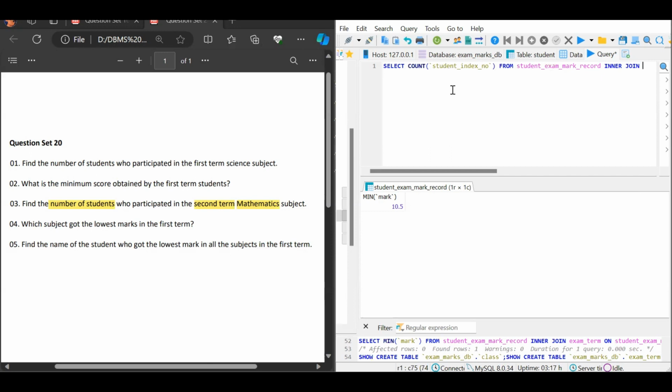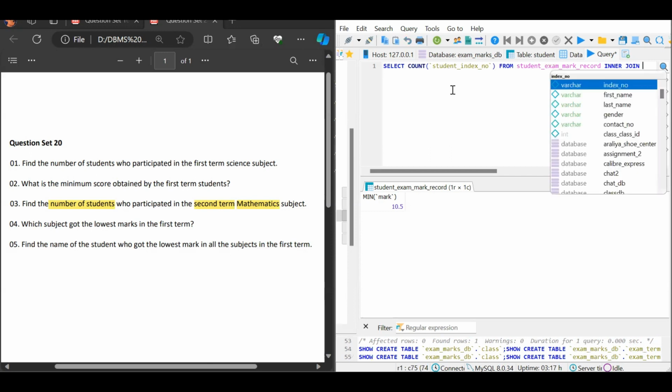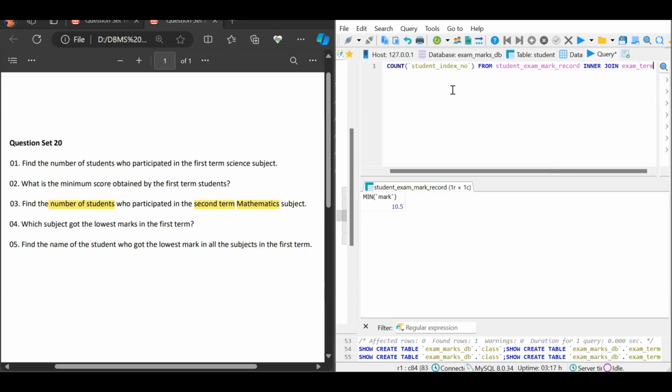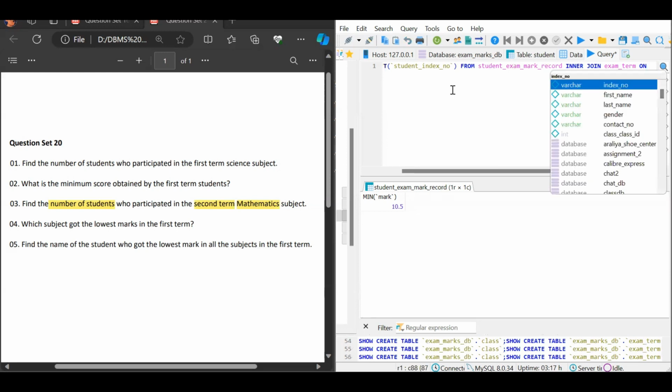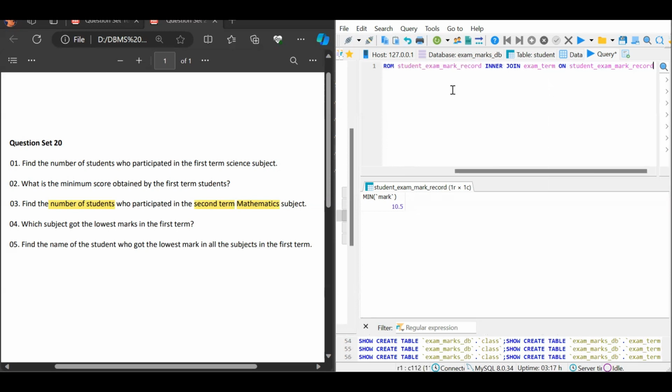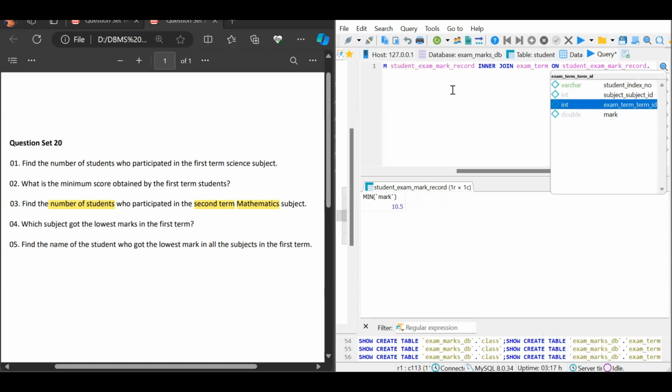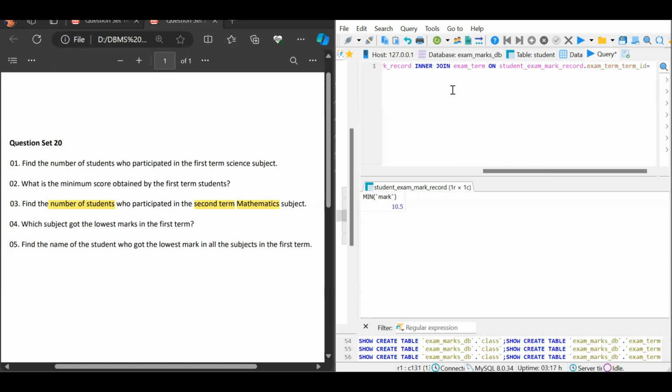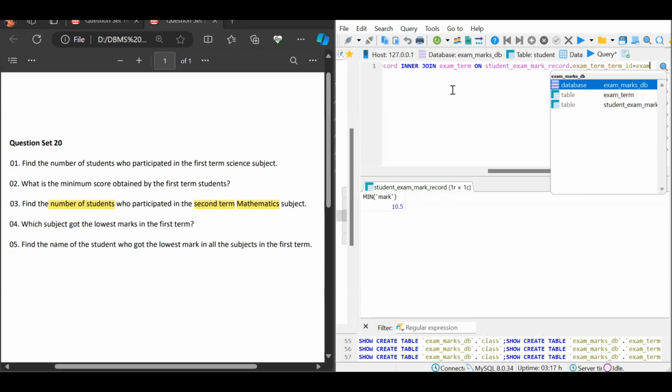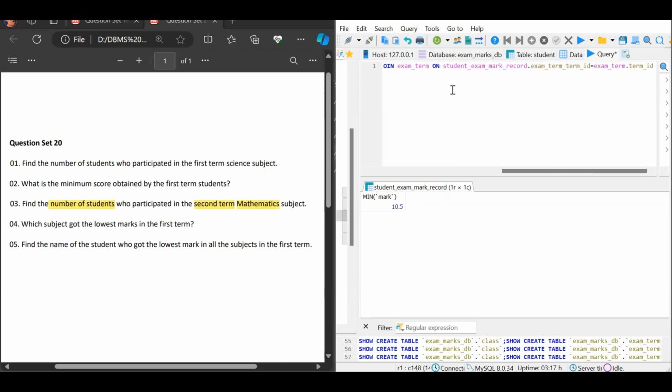At first we will join our exam term table. We use the ON keyword here to specify to which column of the exam term table is linked with the student exam mark record table. So then let's tell student exam mark record table exam term id equals to exam term table's term id, and